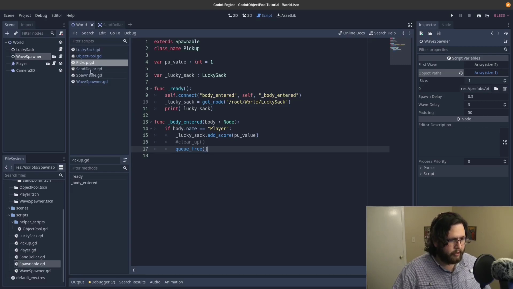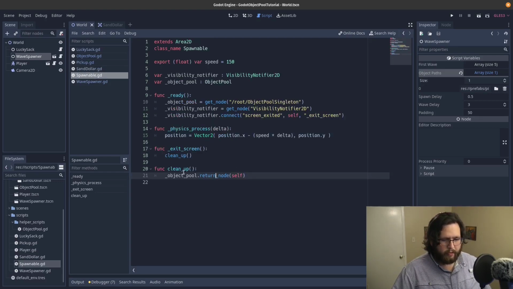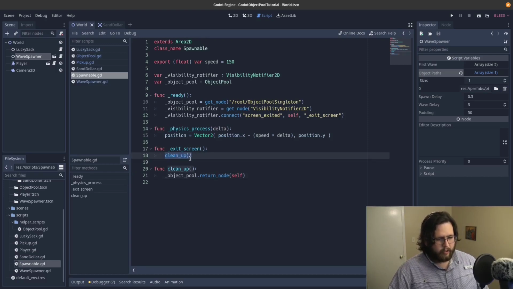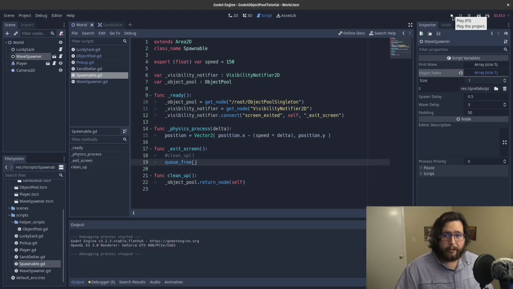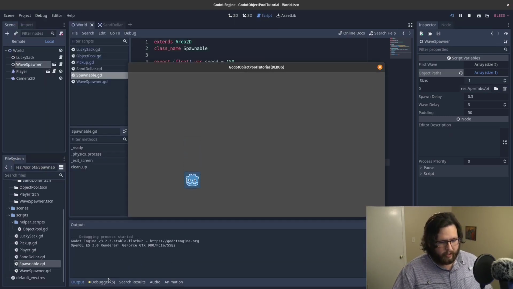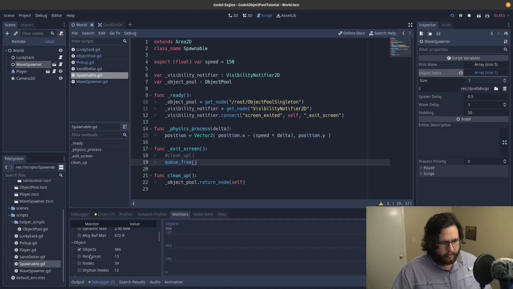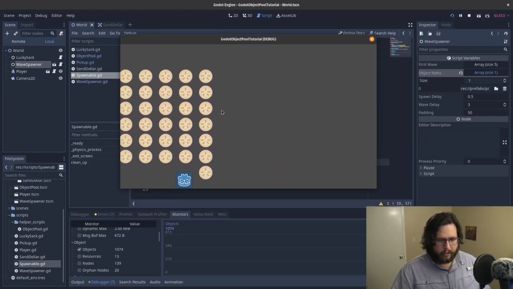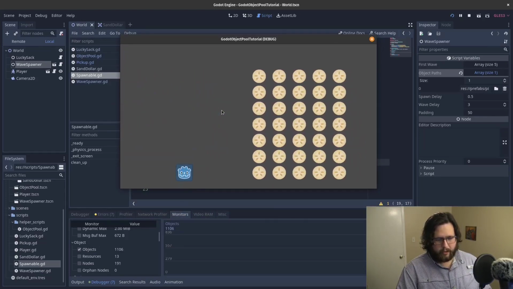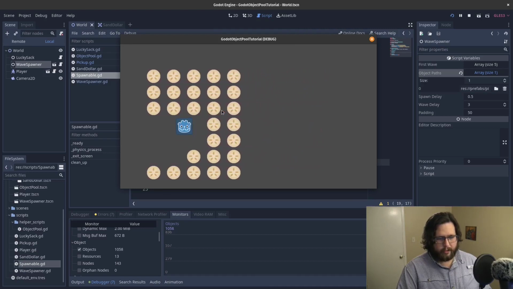What about the off-screen part? Let's see. Okay, so on-screen exit, we're also going to take that out and put queue_free. I could have just put that in the cleanup function. Let's check out that graph again. So let's hit play and go to monitor, show the objects. Then we could get over here, and if we start collecting a bunch of objects,